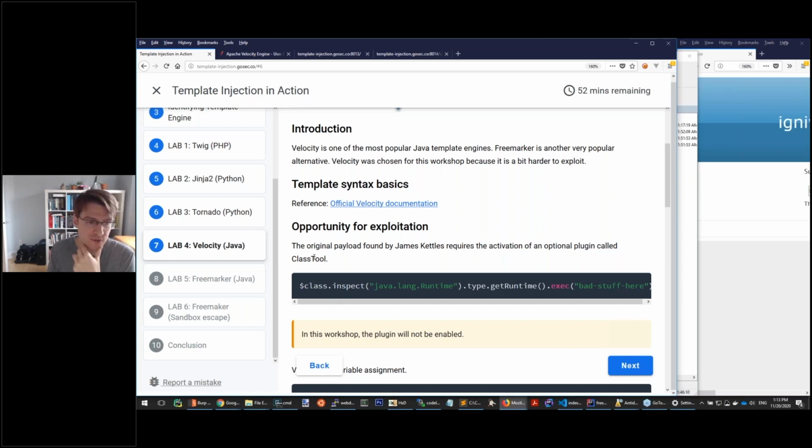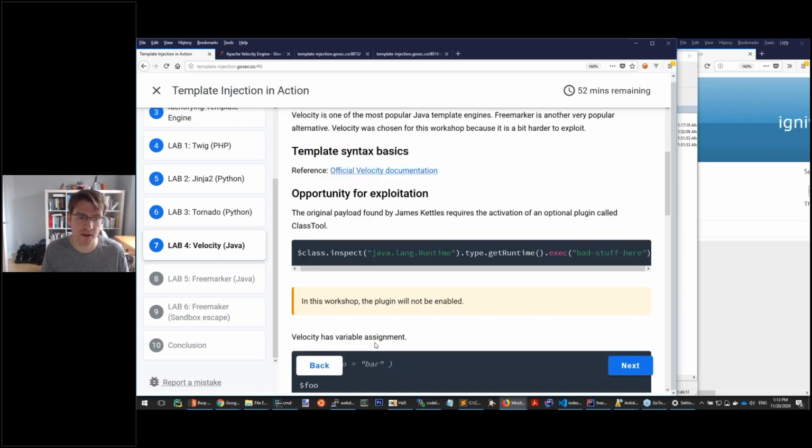And one of them is a class tool that can allow you to load different types of resources, but it's not there by default. So this payload was what was documented for gaining remote code execution with Velocity, but it's very unlikely that the class tool is being loaded. I think that in Struts 2, if you had the Velocity plugin, or there was one specific framework, when you import Velocity, this property class was present, and it was a class tool extension. But for this workshop, we're using vanilla Velocity,